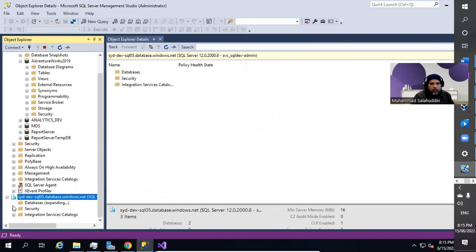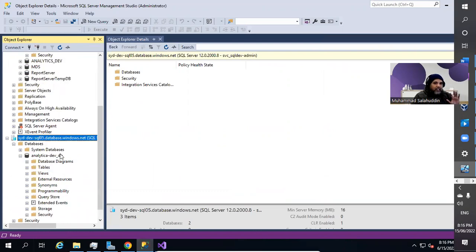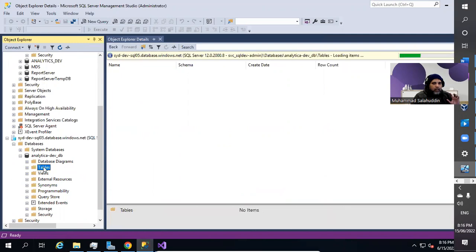Connecting to the server, you can see I have my database Analytica DebDB. That's the Azure SQL based data, which is running in the Azure environment. And let me show you. It has the